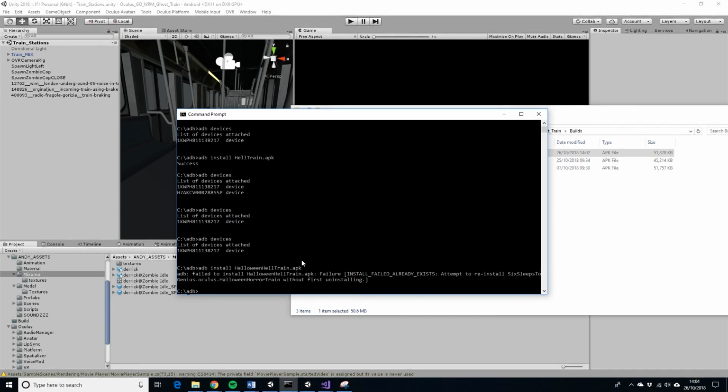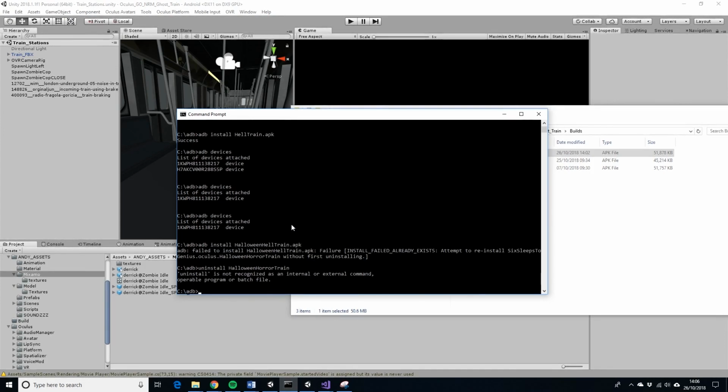Okay, so it is attempting to overwrite the previous version, so I need to go in and delete that first, so give me a second. Okay, so this is what it's having the issue with, because this is what the package name is called. It doesn't matter what the file name is called, so it is trying to overwrite the previous file. So you don't need to put APK on the end, so you need to put ADB at the front as ever. ADB uninstall,